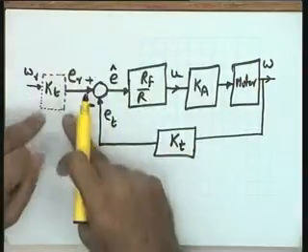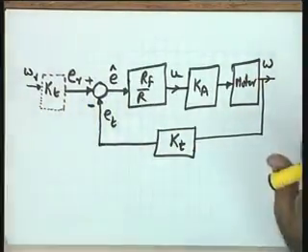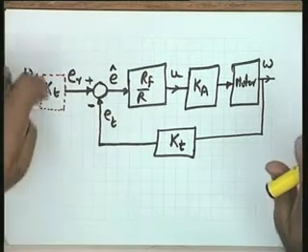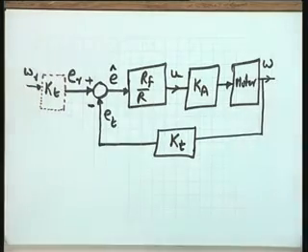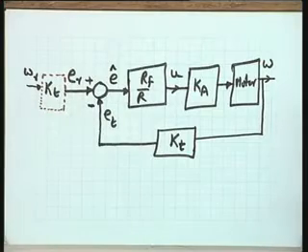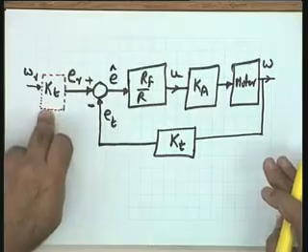There is no unit like a tacho generator. Kt is the constant of the tacho generator. There is no unit like a tacho generator on the input side, but still I have a block with transfer function Kt because it makes sense. It explains the working of the system, and this realization of the block is suitably done by the potentiometric unit in the system. So, this becomes the reference input elements for the system.